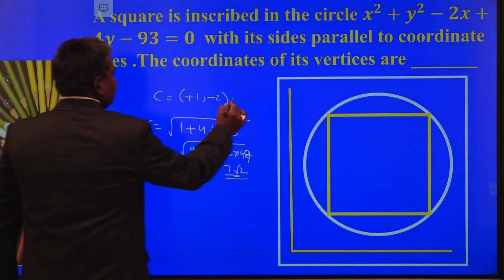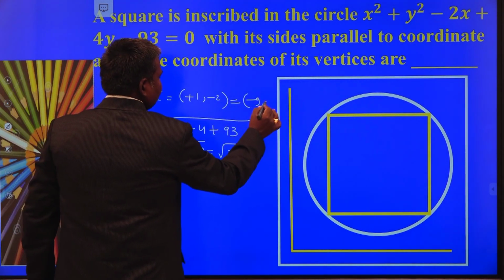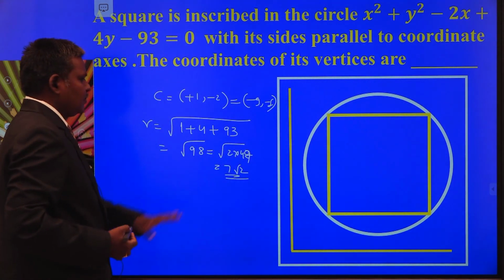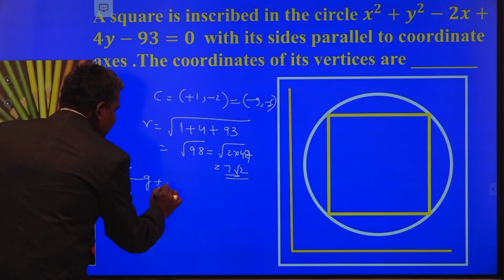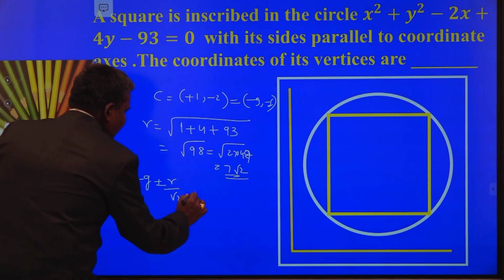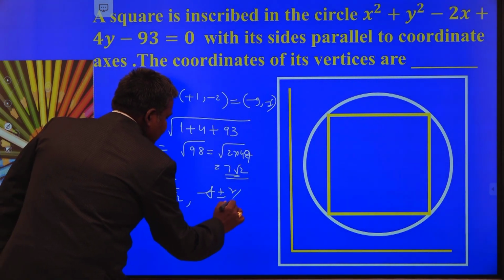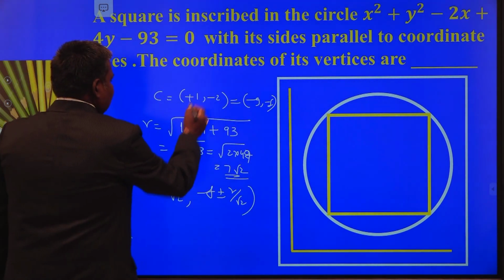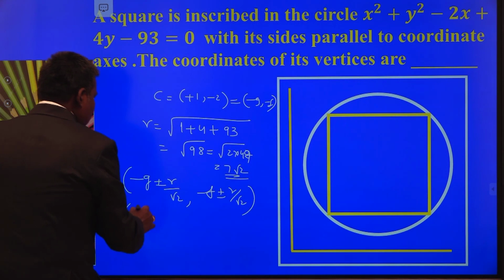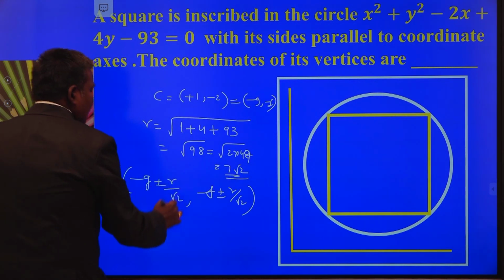So you have minus g comma minus f and r. Now what are the coordinates? What is the formula? Minus g plus r minus r by root 2 comma minus f plus r minus r by root 2. That means what? Minus g, that is 1. Don't put minus again. 1 plus r minus r is 7 root